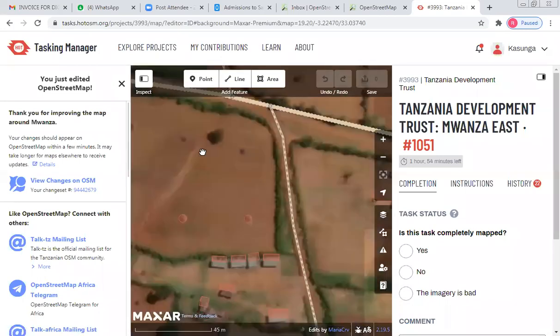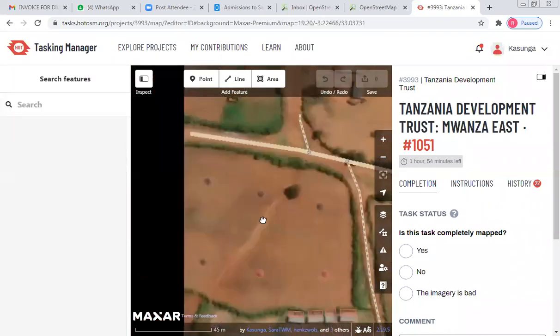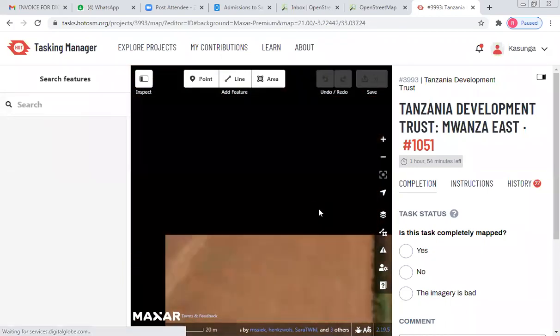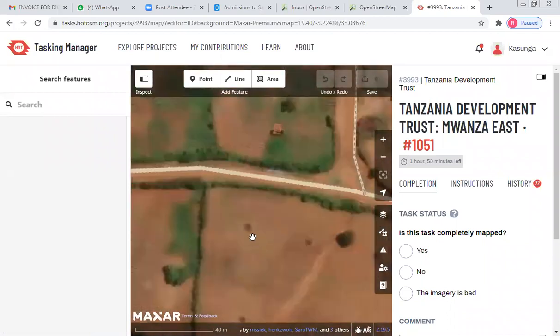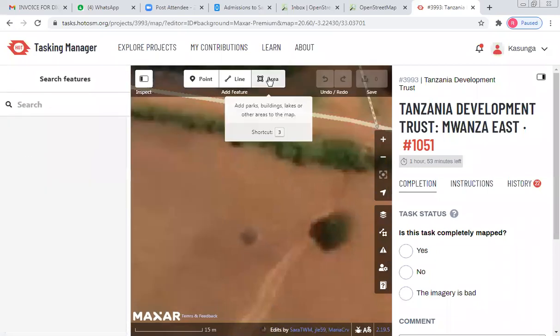I'm going to show you another one, how to map a circular building. Another one, is this circular? Let's look for another circular shape for a building. Here is another one. Area again,